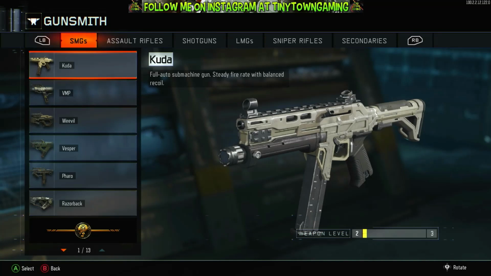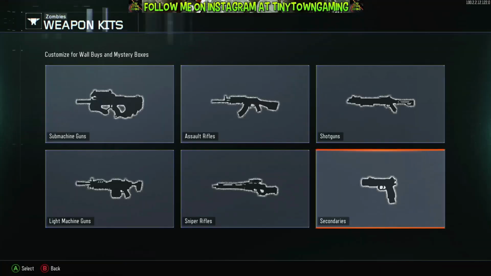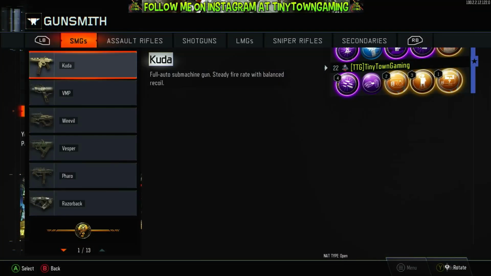So now, with controller 2, what you want to do is push back 3 times until we get back to the CUDA. Okay, now we've made it back to the CUDA here. So, using controller 2 still, you want to click on the CUDA,